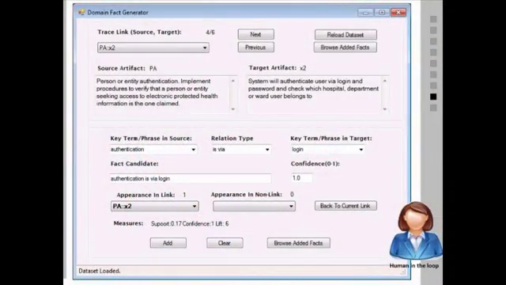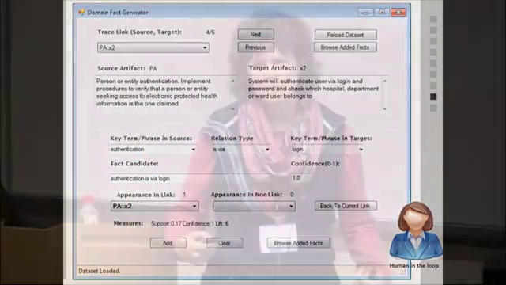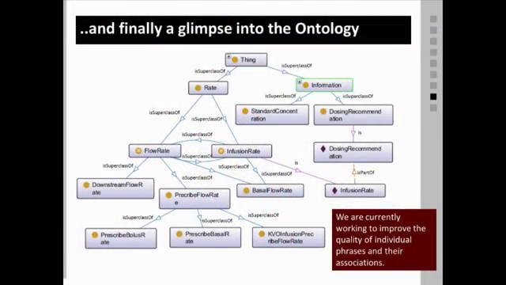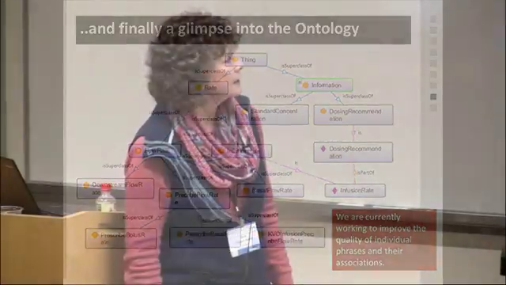As I said, we put the human in the middle. We think that for ontology building, the human has to vet this and evaluate it. And so we present them these facts, and we ask them to add some information. This is just an example of a very little bit of the kind of facts that we've created.